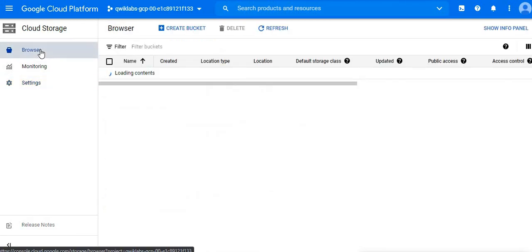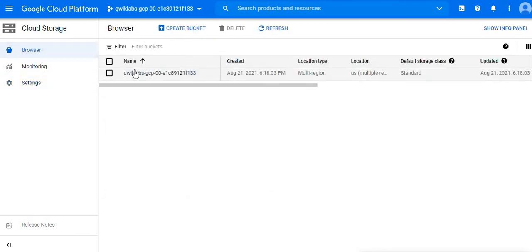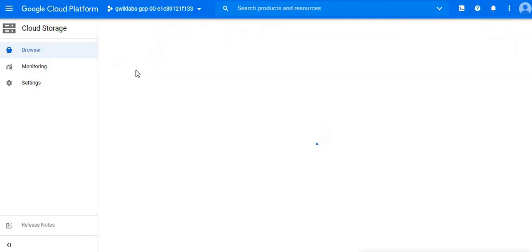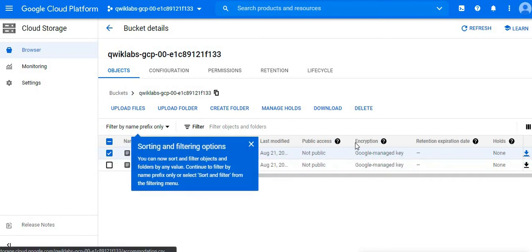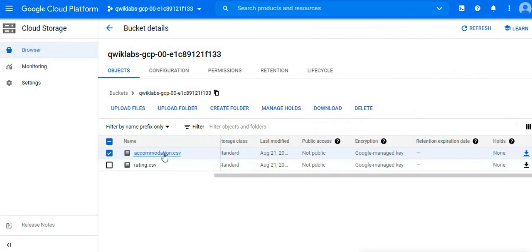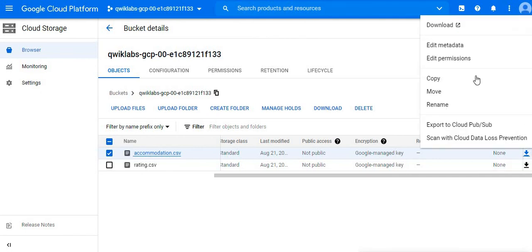Let me click on the browser. Okay, so we have three files as of now. At the file level, we can set permissions, download, and so on. If I want to make some change or permission, in the last column you will see three dots.